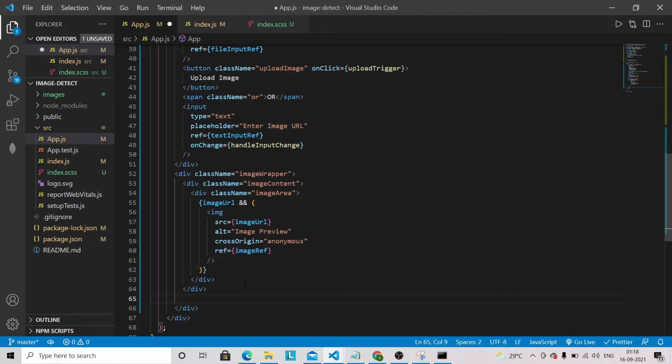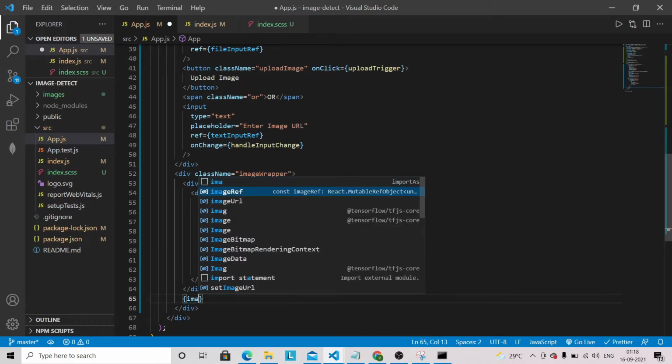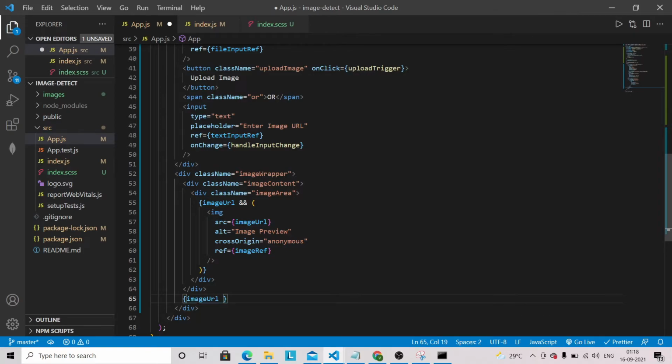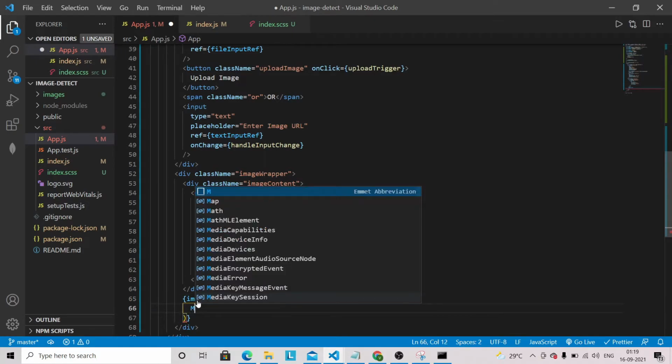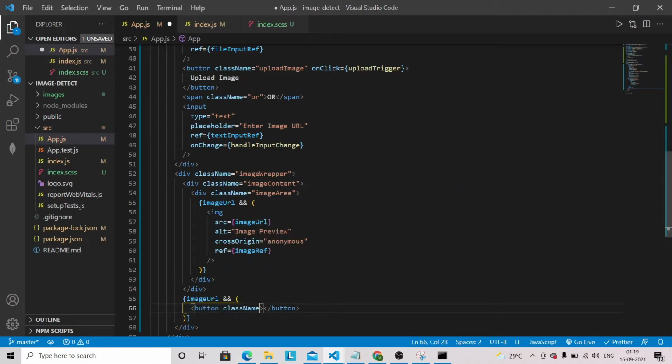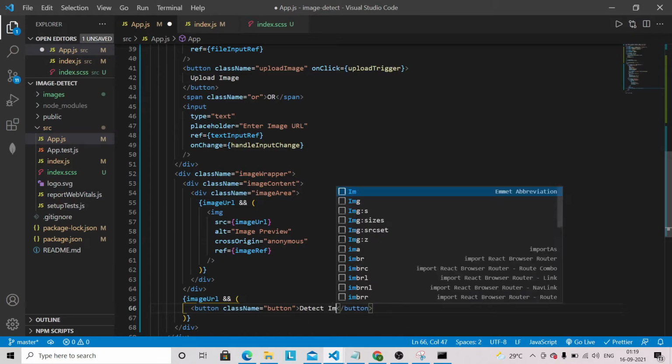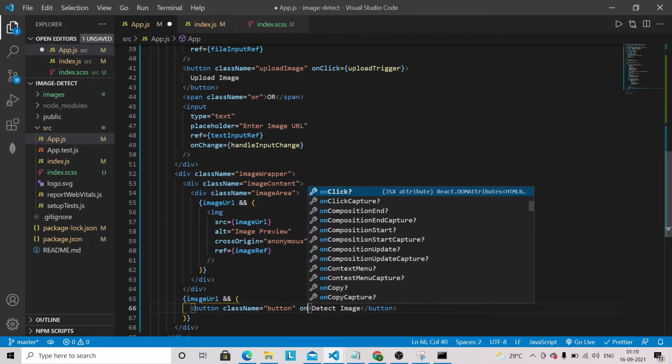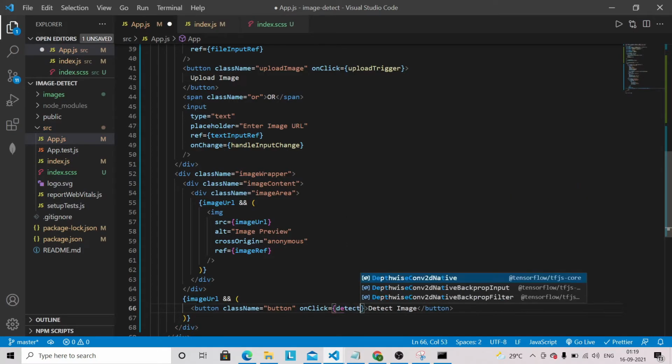So now here we have to define the button actually. Again we can check here, if we have the image URL, then only we are interested to show that button, that is detect image. So if we have the image, button with the class name button, and the button value will be detect image, and on click method we also have to provide, that is detectImage.